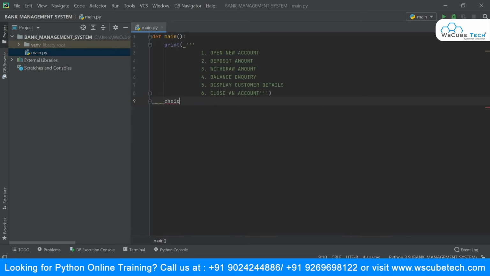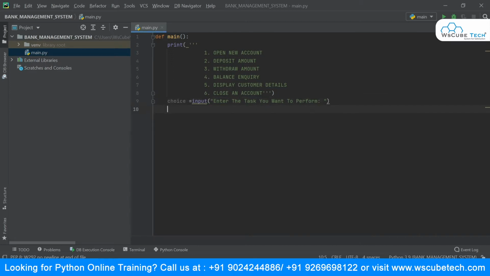So we'll simply say choice, and choice is equal to input, and the prompt will say: enter the task you want to perform. That's it. So this is the one thing.